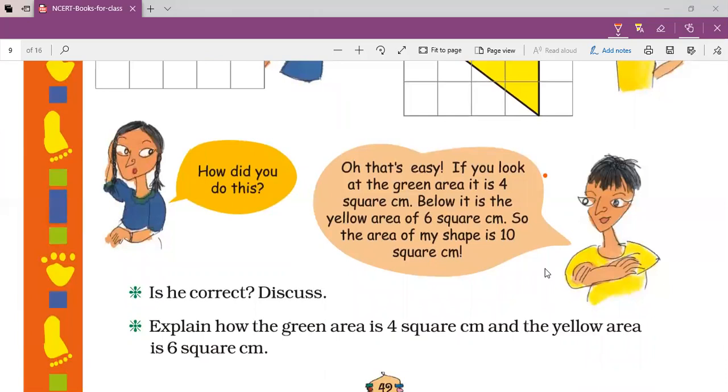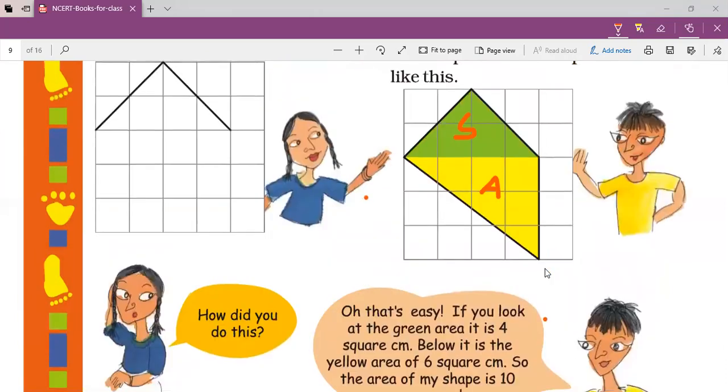Similarly, as in the previous topic, how we had found the area of a particular shape, we have to find the area of this given shape. Now, the first one is saying that the upper area, which means the two sides Suruchi had drawn of that shape, they are having how many? 4 square centimeter. So let's see how it is 4 square centimeter.